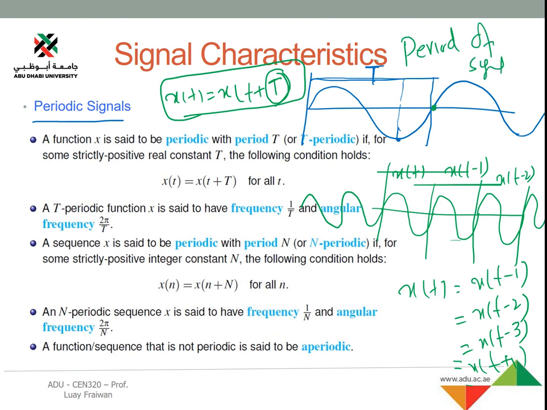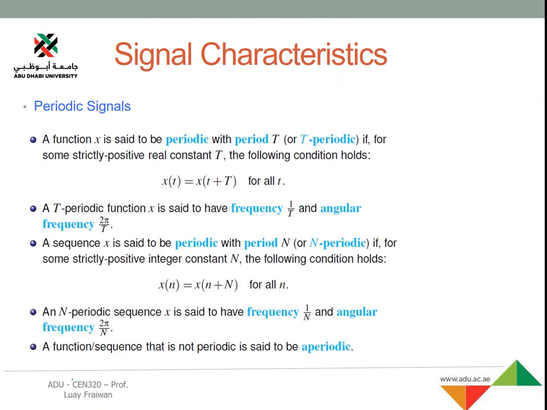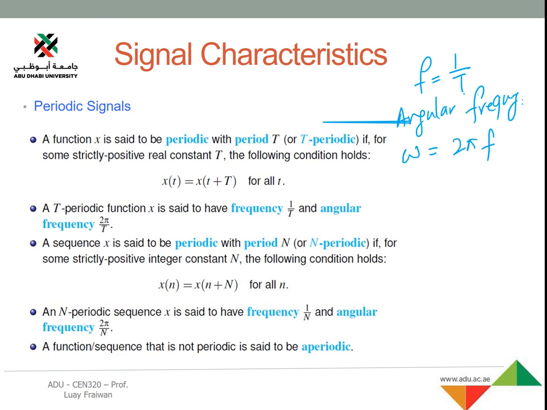We know that this is a period, and we can calculate the frequency of the signal by taking the inverse of the time period. This is called a periodic signal. Some very important definitions here which I want to highlight. The first thing is we can calculate the frequency by taking the inverse of the time period. This is called frequency. Then we have angular frequency. These are very important things for this chapter. Angular frequency we usually represent using omega, and it is 2 pi f. We can convert the linear frequency to the angular frequency by 2 pi f, or we can write 2 pi over T, because f is 1 over T.